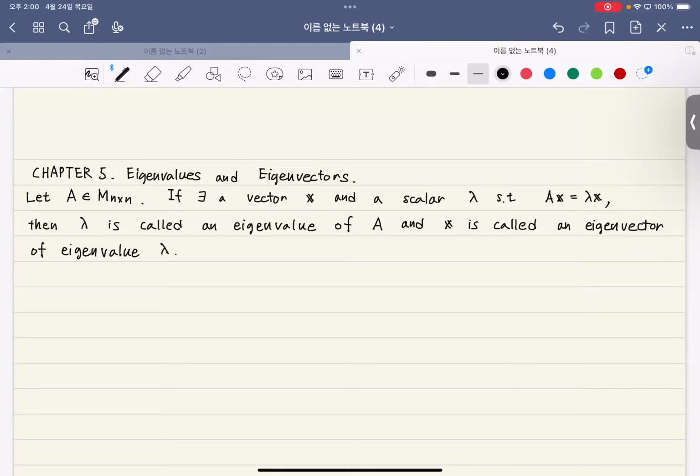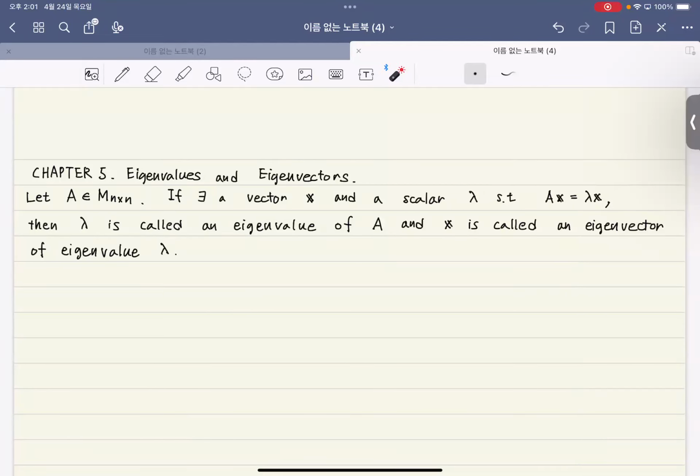So as we have discussed, our matrix is always a square matrix, and we are interested in finding a vector x and a number lambda such that A times x is lambda times x. So in other words,